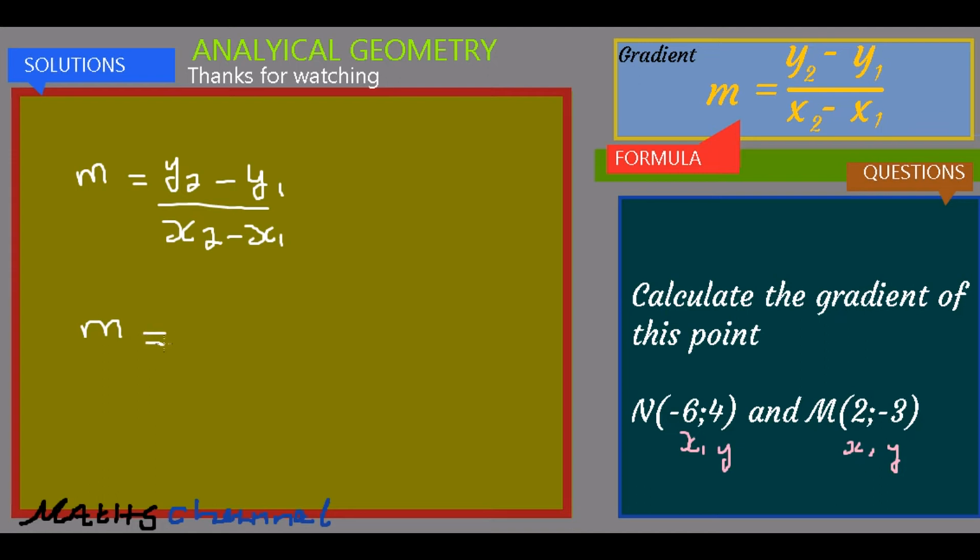So substituting, these are our 2's, these are our 1's. So starting with the 2's, we have minus 6 minus